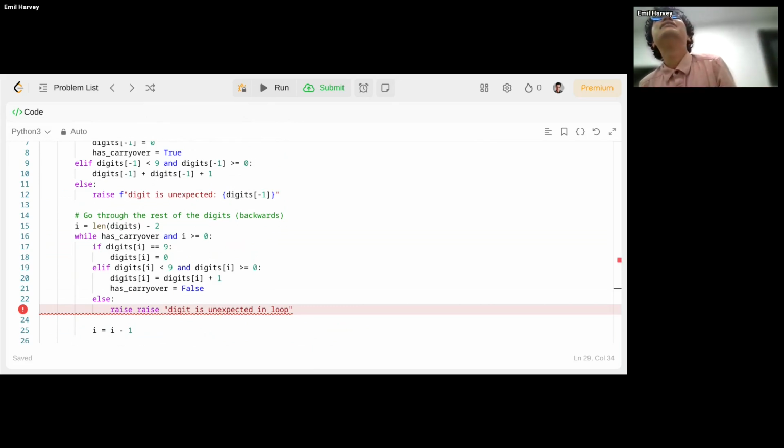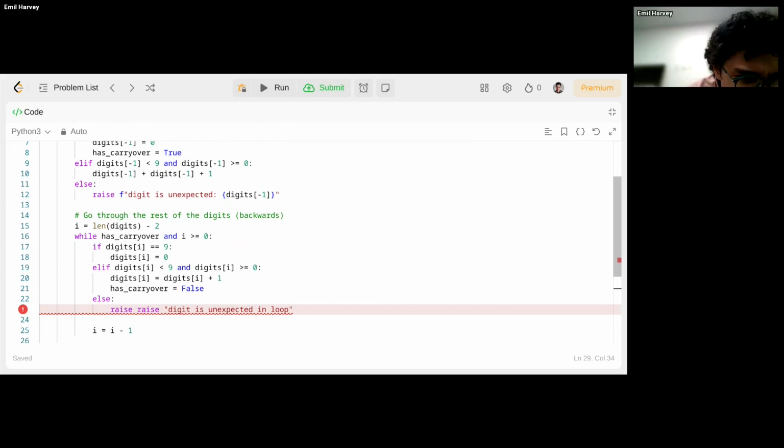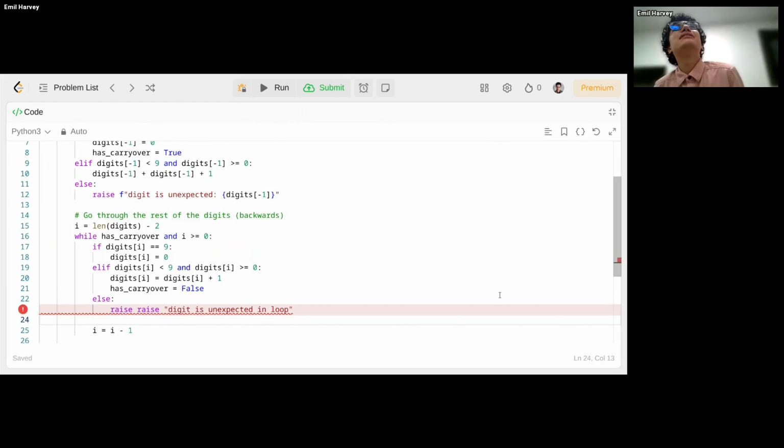Oh, yeah, there's 2 pluses. Sorry, I cannot see my mouse either. Yeah, no, I see that error message, but I'm looking at line 10 and there are 2 pluses.